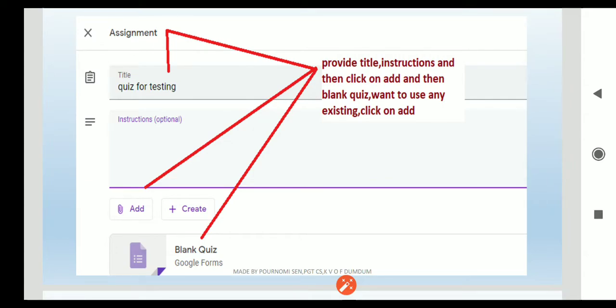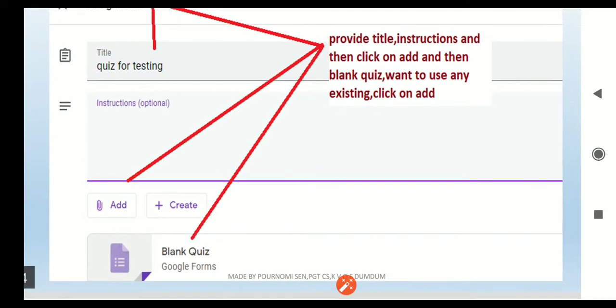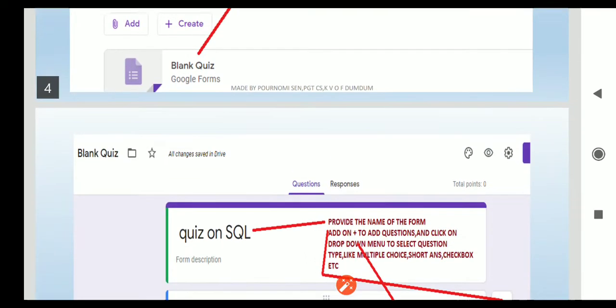If you want to give some instruction, you can add. If you do not want to, you may skip this part. And then click on the blank quiz Google form. You have to click there. If you have already created a Google form and want to use it here, just click on add and attach it. That's it.